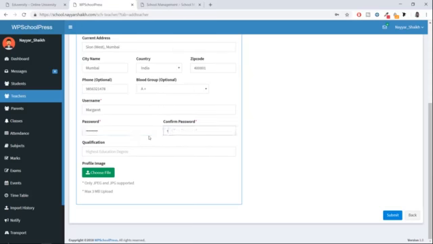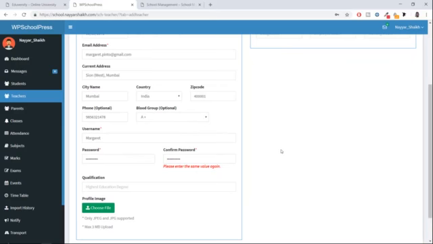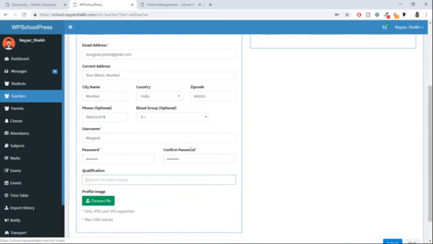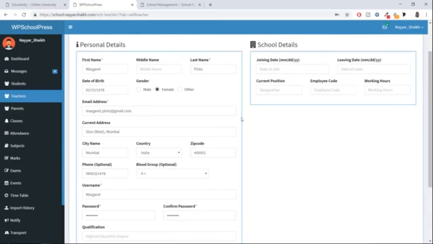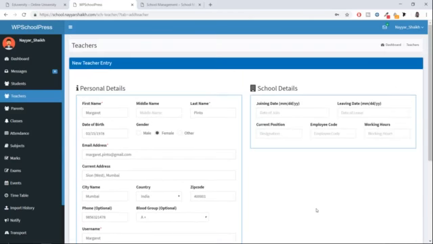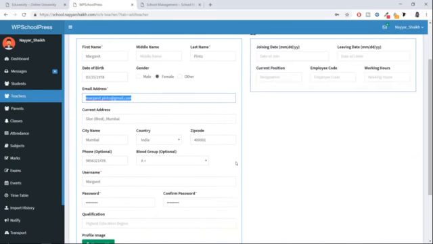Okay, so let me tell you one thing first. Let me enter the password. I just entered some wrong password, I guess. Alright, so it is correct now. Now once you create all these things, once you click on save changes, you have to give this email address and this password to that particular teacher, and you should say that these are your login credentials. You have to use this email address and this password to log into your account, and obviously she or he can just change the password and email address anytime they want.